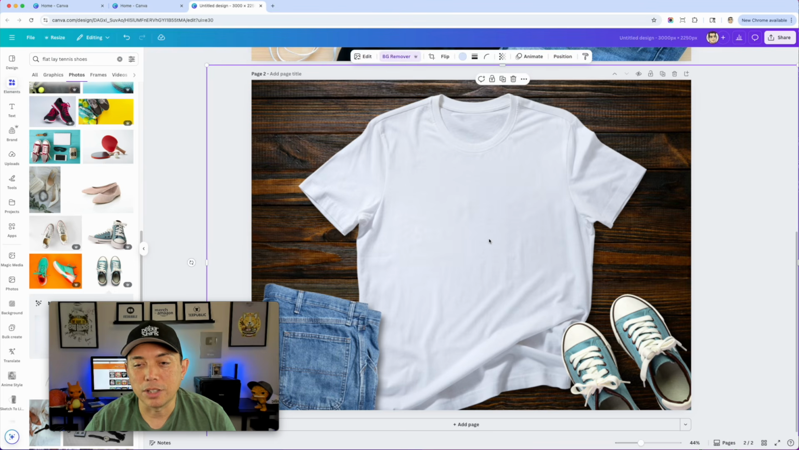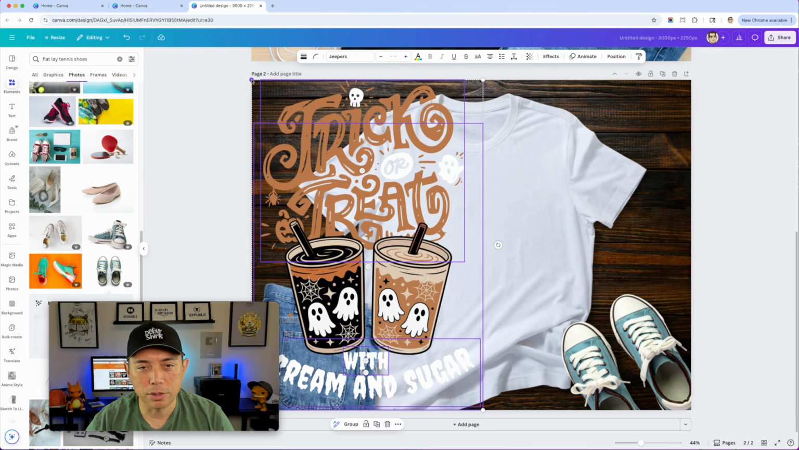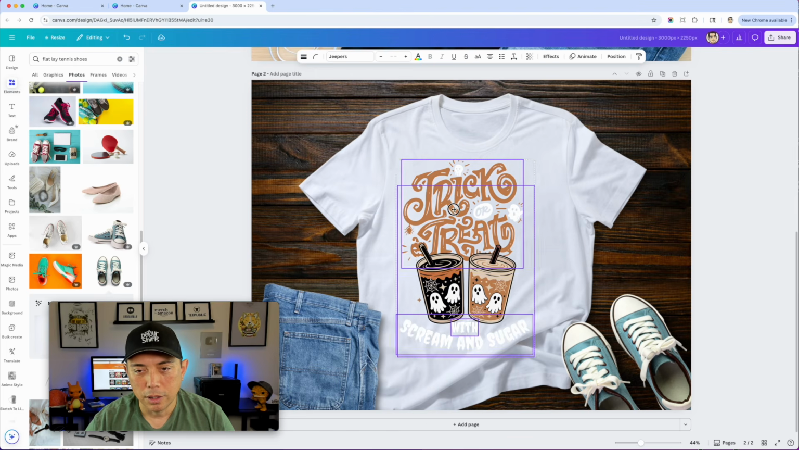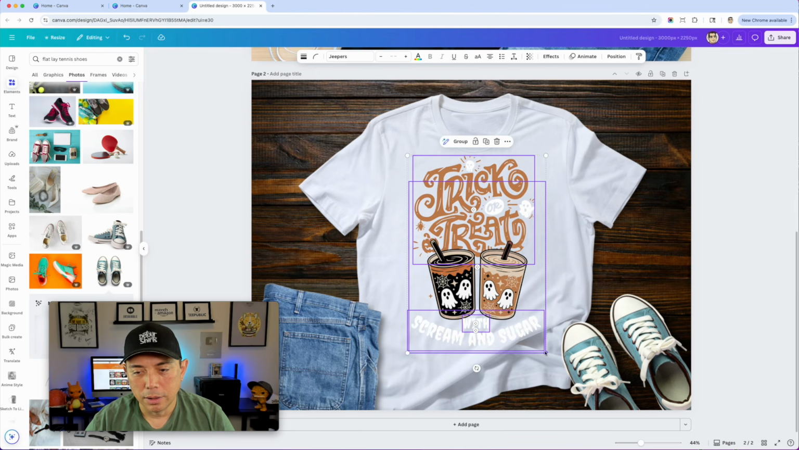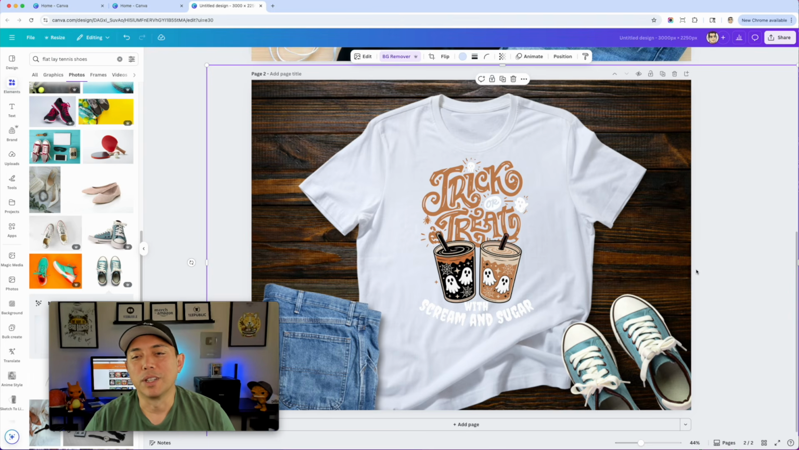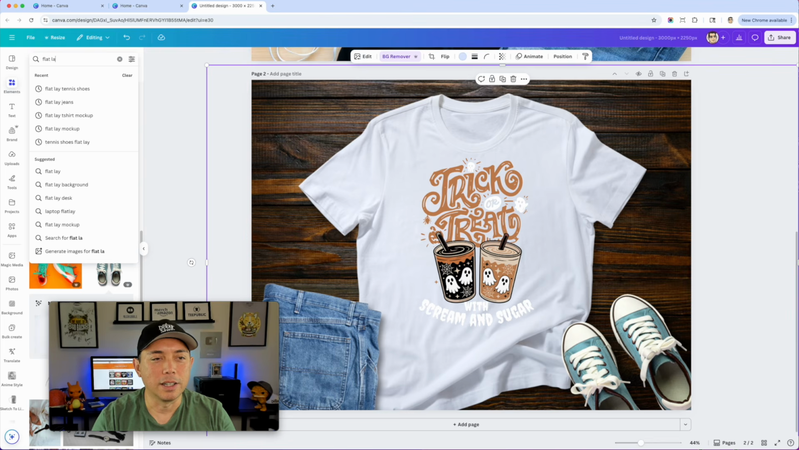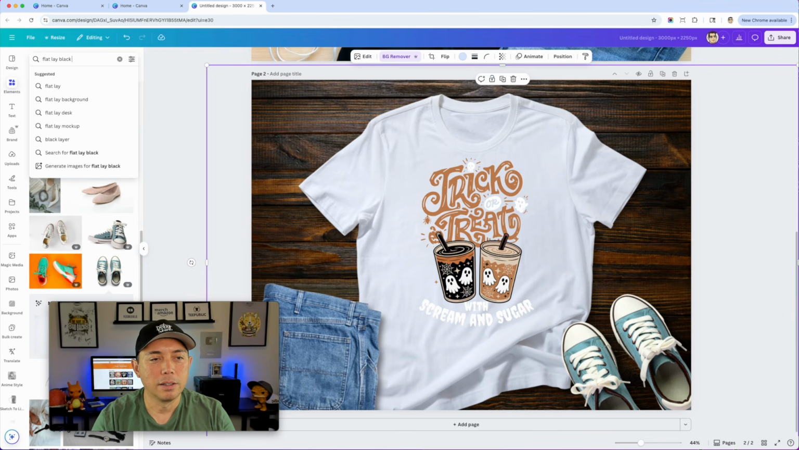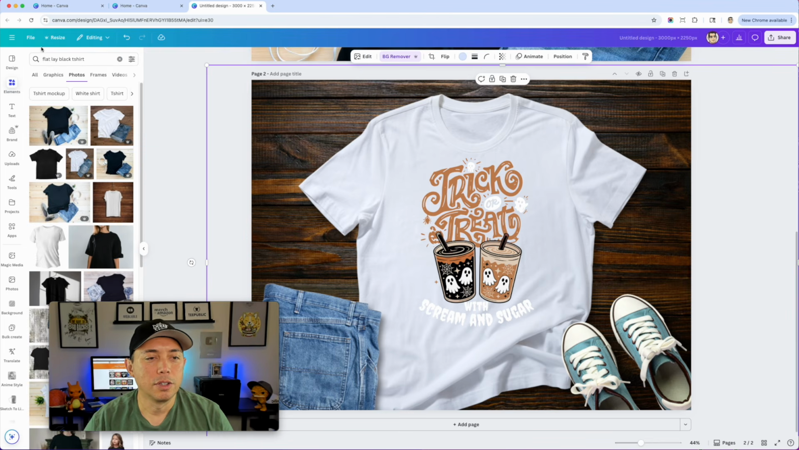And then again, put your t-shirt design. Now my design wasn't made for a white t-shirt, but I'll just show you here how you can do that. And something like that, right? Pretty cool. And you can find other t-shirts, like there's not just white t-shirts. You can do flat lay black t-shirt, and there's that color. You could even do red t-shirt if you want to try a different color,